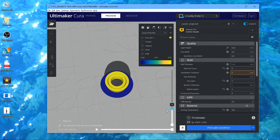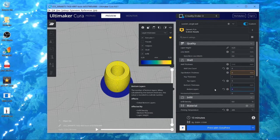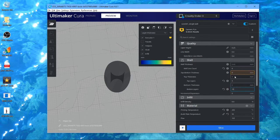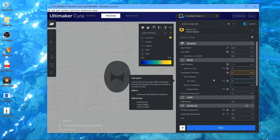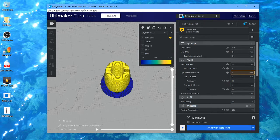Alright, well, there's a bit of a gap there, look. Yeah, so if I do want this to be truly solid, and again, I could play with the top and bottom layers as well. You could just play with the top and bottom thickness. So you could say bottom layers of 15, top layers of 15. Let's have a look, see if that fills it in completely. I'm after a solid wheel basically, so I'm messing around with wall settings, and yeah, a little bit there. Look, see where it's filled in quite a lot. All right, well,